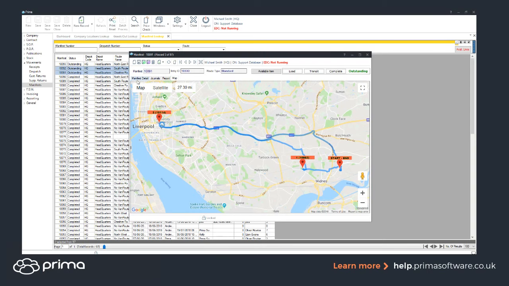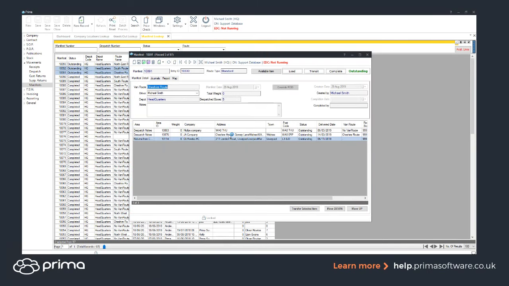It'll show you the mileage. If we go back to the manifest detail, it'll have reordered the jobs based on that route that's been selected. But again, you can just use the move up or down to reorder the deliveries that you need to do. And that'll give you the best route as you've got. But that will only work if you've got the coordinates set. So if you do need any help setting the coordinates, just contact the team and we can get them set for you and run through that with you to help you out